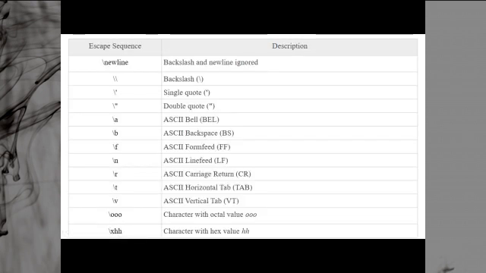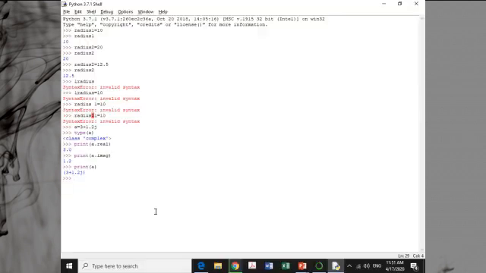Escape sequences. We have different escape sequences. This is the list of escape sequences. Backslash and newline: backslash newline ignores both. Backslash newline means backslash and then the enter key. If you write a backslash somewhere and then press the enter key, it will ignore both things. That means it will treat the text as written in one line, though you are writing in multiple lines.